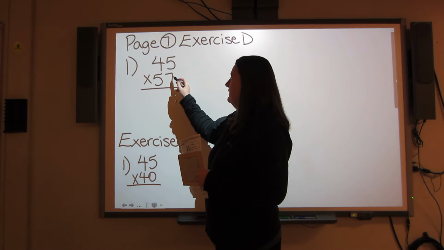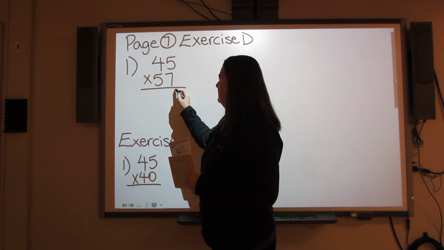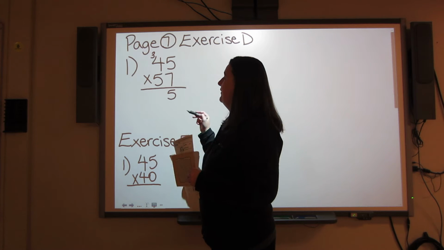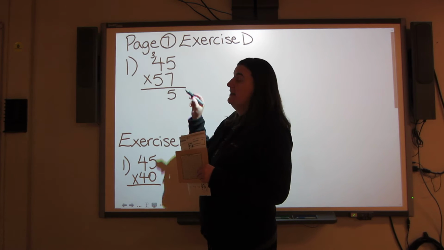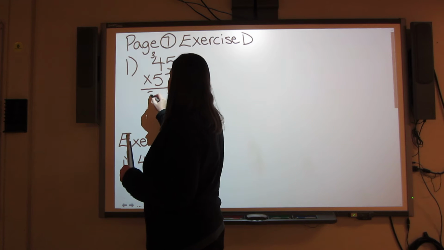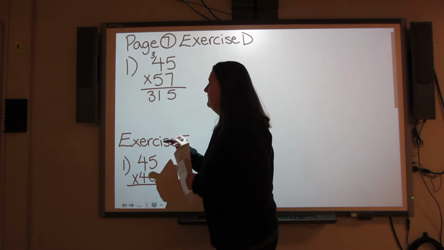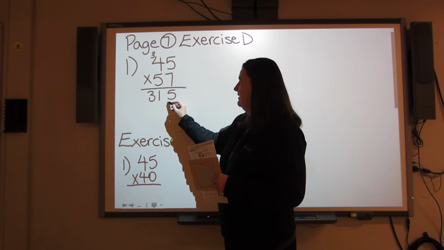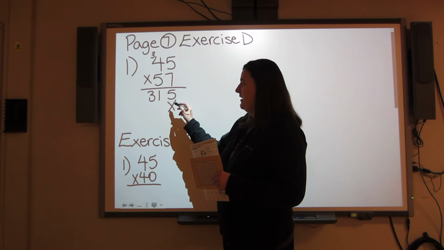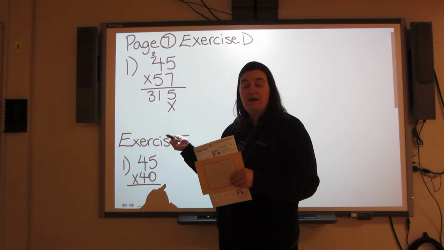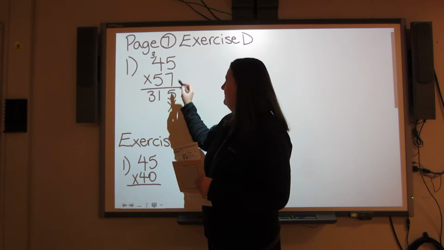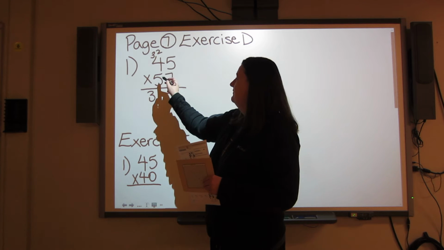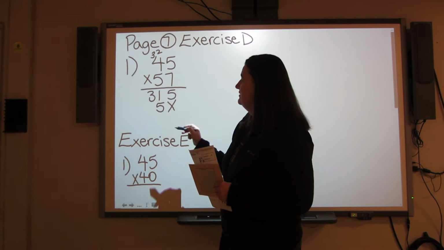So you do your 7 times 5, which is 35, and you carry your 3. 7 times 4 is 28, plus the 3 that you carried is 31. Remember that the answers for 5 need to start under the 5, so you put an X in the first spot so that your answers start in the right spot. 5 times 5 is 25, carry your 2. 5 times 4 is 20, plus the 2 that you carried